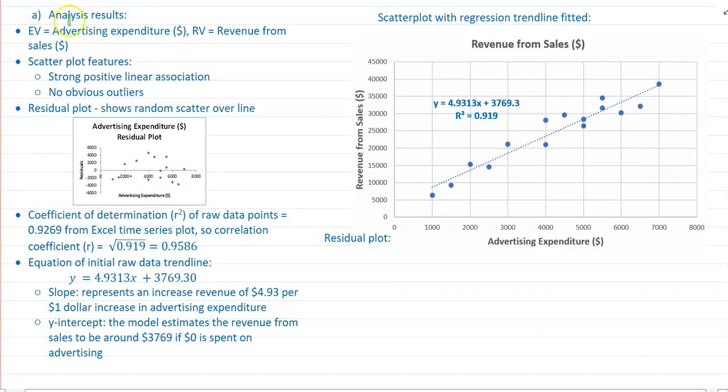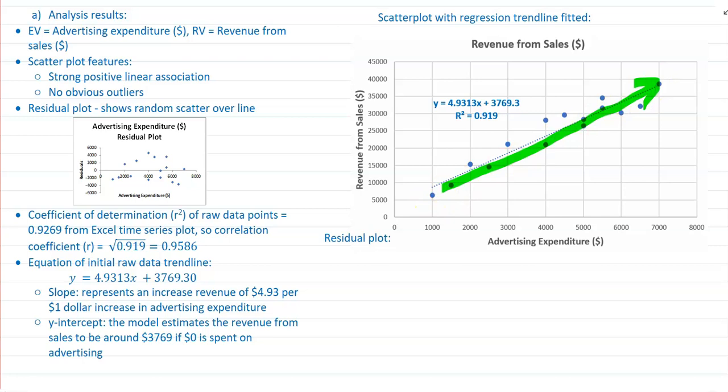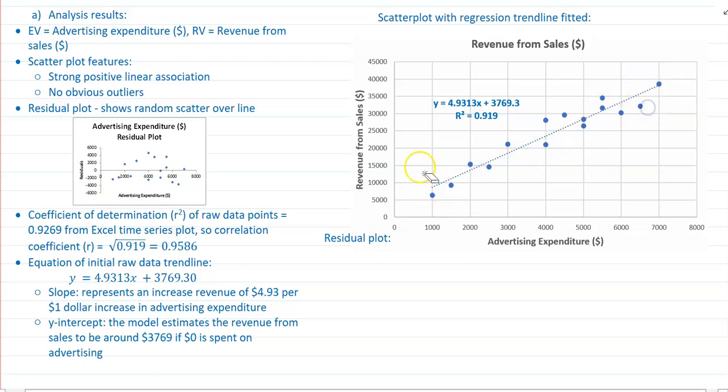So my analysis results include: I identified the explanatory variable as your advertising expenditure, your response variable as revenue from sales. I put together a scatter plot using Excel, and you can see just from looking at the scatter plot without the regression line, we have a positive linear association. It looks pretty strong because all of those data points are close to the regression line of best fit